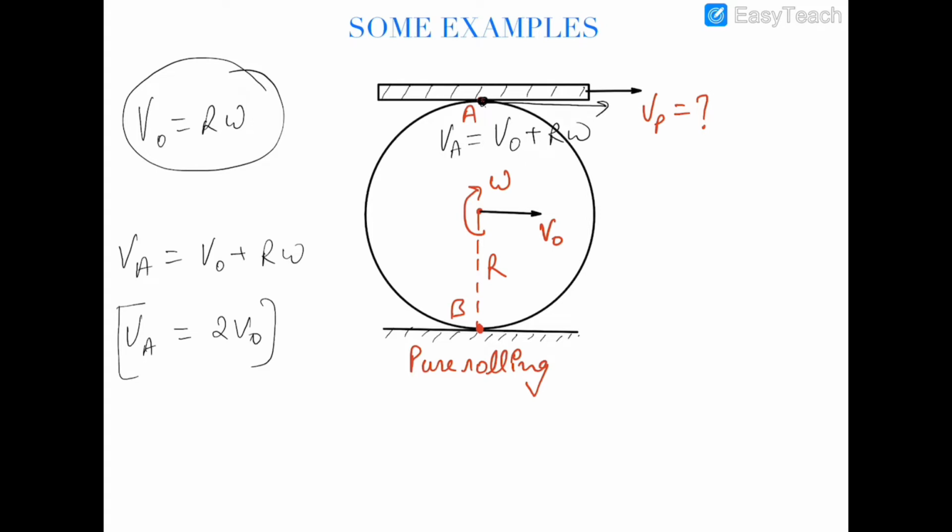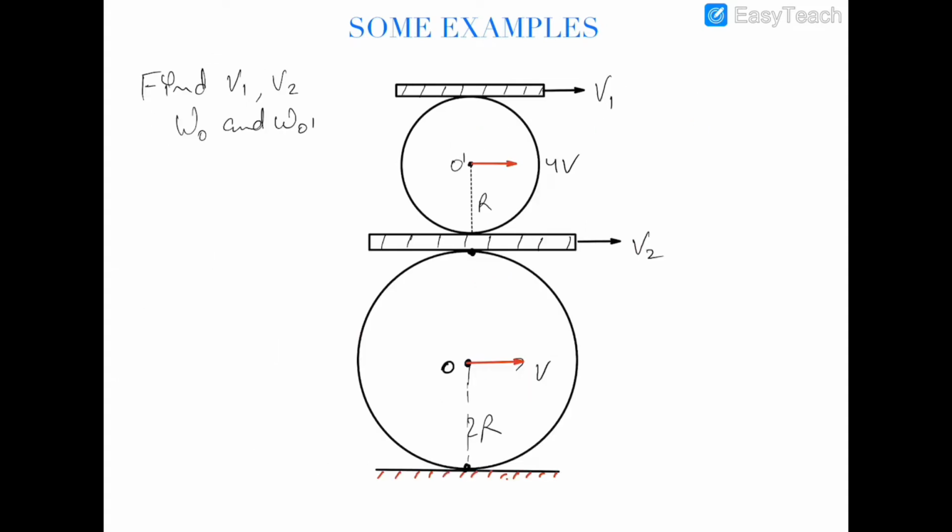Now obviously we know the condition for the rolling, that at point A there is no slipping which is occurring, and therefore the velocity of this wedge which is kept on the ring touching it at point A should be equal to the velocity of the point A lying on the ring. So velocity of point A should be equal to Vp because pure rolling is occurring, and therefore 2 V naught should be equal to Vp. So the velocity of this plank is equal to 2 V naught. Now let's move on to the next question.